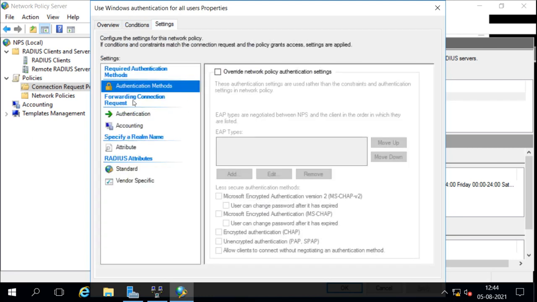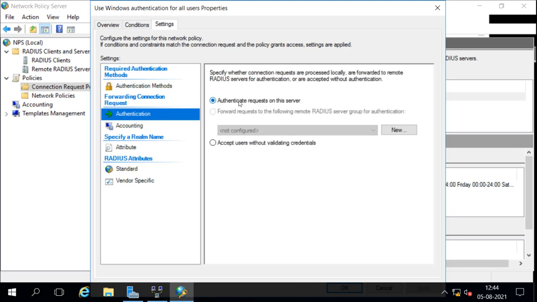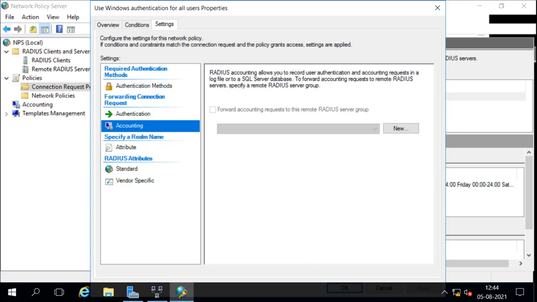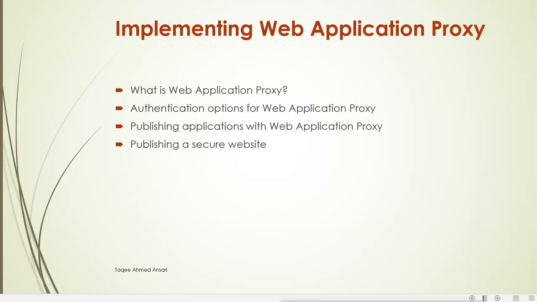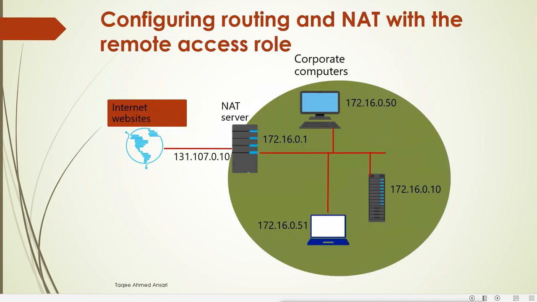Then we have other settings here. The authentication method, what authentication method will we use. There is an option to use CHAP and PAP. Authentication server, we have accounting options. And I will show you what we are going to do now.